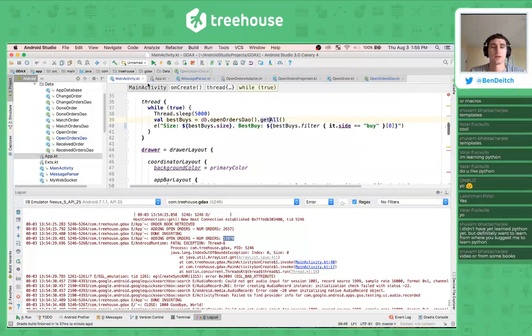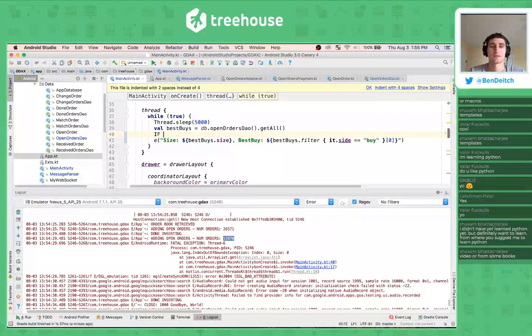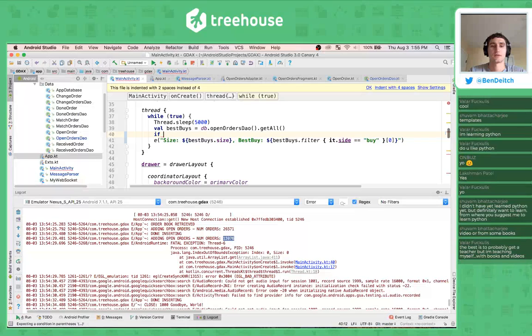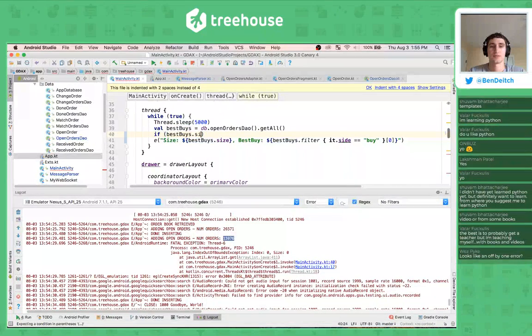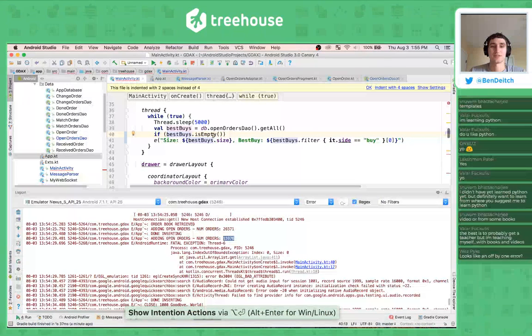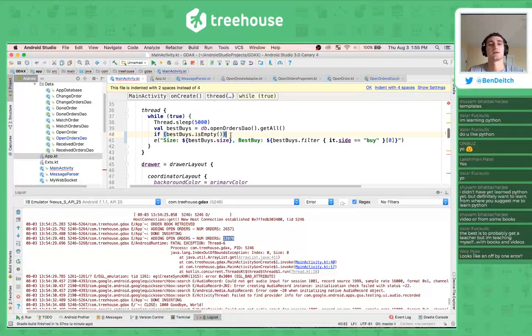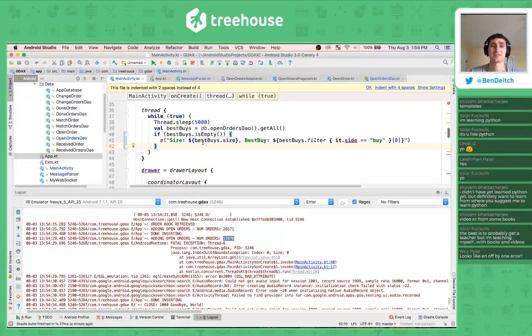So let's come in here and say if best buys, and this is cool, if I set length or size equal to 0, it'll ask me to change it, which I think is really awesome, and use is empty instead. I love that. That's another cool thing about Kotlin plus IntelliJ, since IntelliJ builds the IDE, there's all sorts of stuff like that. It's like, hey, did you want to do this? So here, if we want to do is not empty,